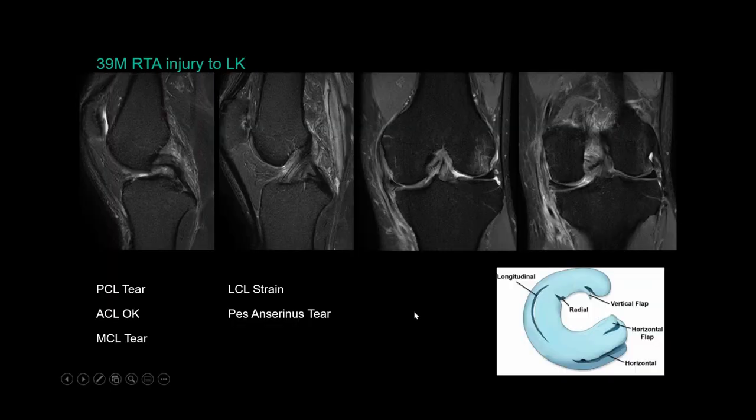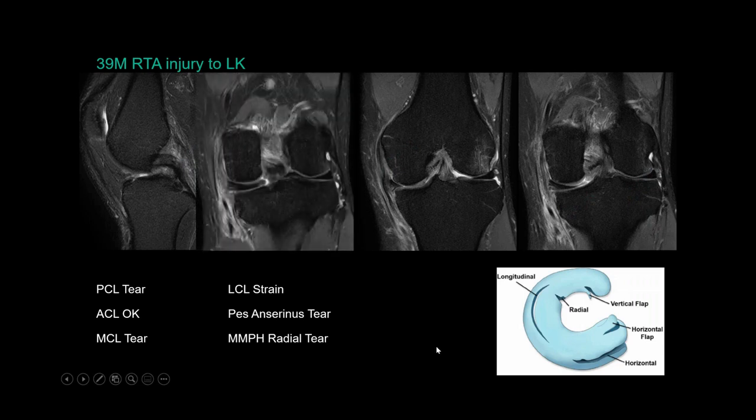Right, so this 39-year-old sustained an injury to the left knee. So there is a PCL tear, okay, ACL looks okay. Medial collateral ligament looks torn and strained. Lateral collateral ligament also thickened and edematous, lightly strained. There's also injury to pes anserinus. But let's not stop there. Always look for other injuries. And if you look properly,